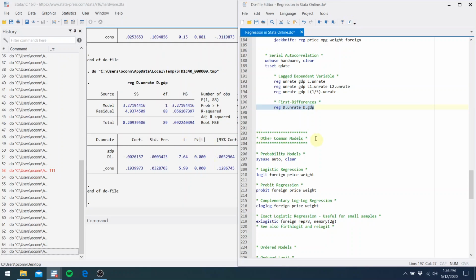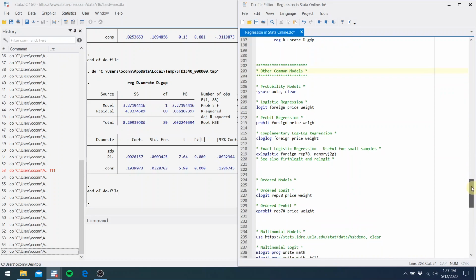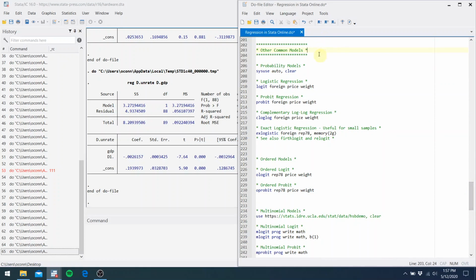You run that. Okay, so that is how you run a linear regression in Stata, and ways to check the assumptions and make sure that you're not violating any of those. Before I sign off here, I will show you some other common models and how to use them in Stata. I won't go into the details of how to check the assumptions on these. Most of these have pretty similar assumptions to OLS. Some of them have fewer. Most of them have fewer. And you can check the assumptions in the same way, but I would encourage you to do a little bit more research if you're going to be using these models. But just to show you,